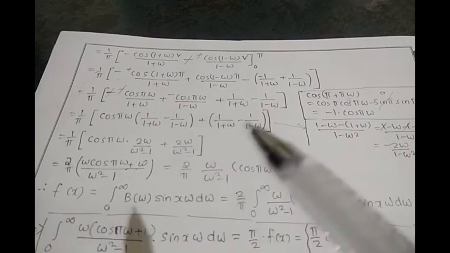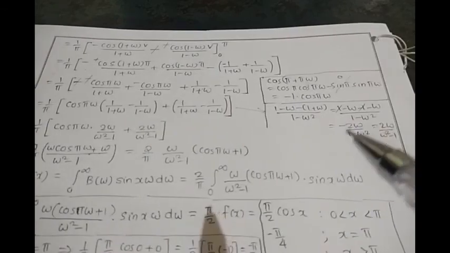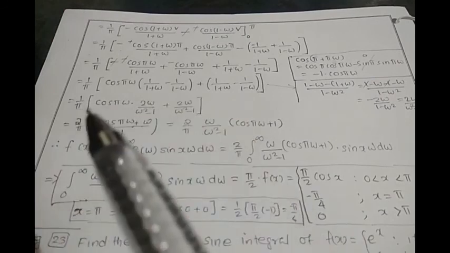This is what about this simplification here. So taking the common factor cos pi omega out, then the rest is 1 by 1 plus omega minus 1 by 1 minus omega. In both cases it will come like this here also. Then here we see that the simplification is 2 omega by omega square minus 1, substituting here in both places. And again here there are two terms, taking the common factor out. So this is 2 omega by omega square minus 1. 2 omega by pi into pi is out there, omega square minus 1 into the rest is cos pi omega plus 1 we will get.